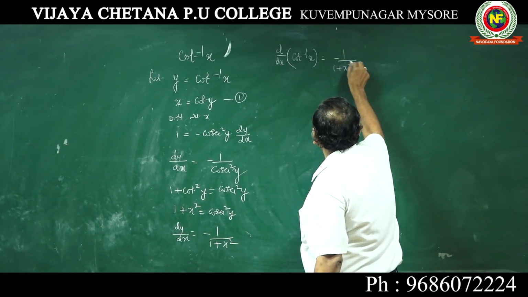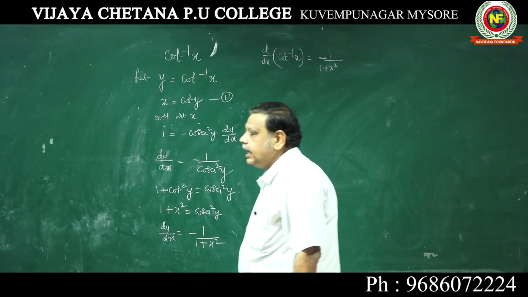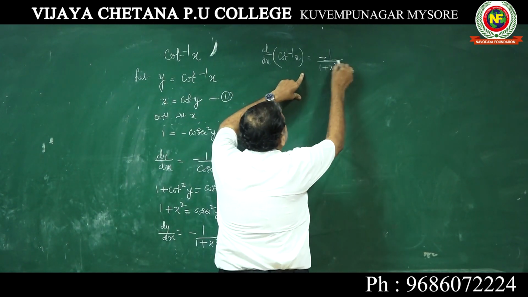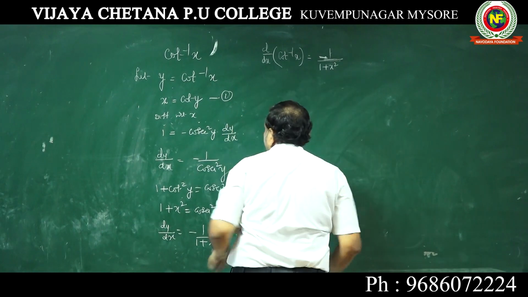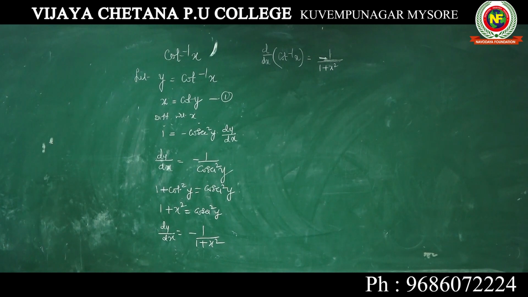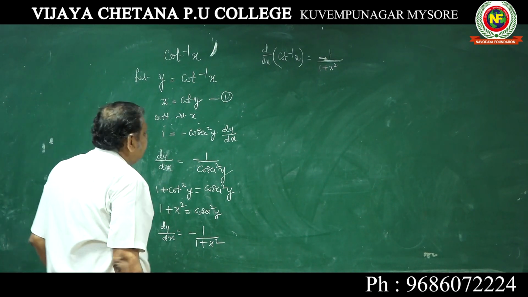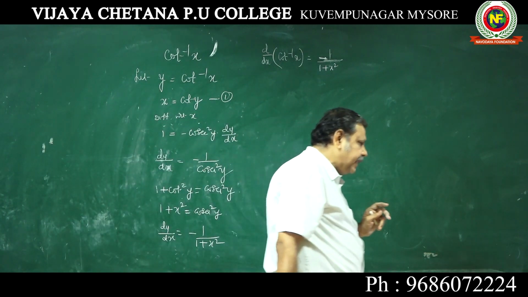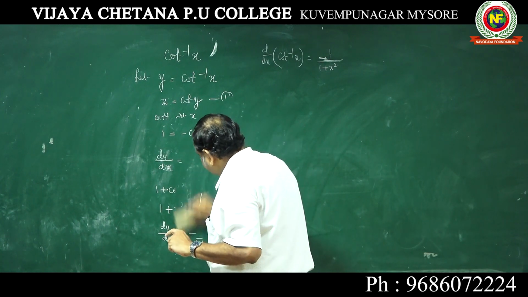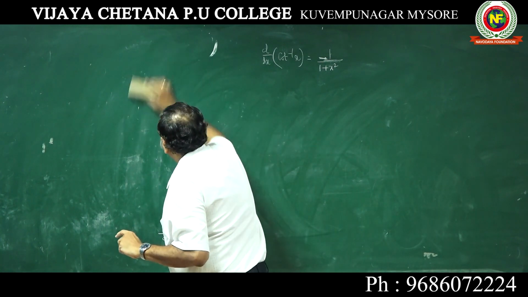Very important. What is the difference between this and tan inverse x? Tan inverse x is simply 1 over 1 plus x square, but cot inverse x is minus 1 over 1 plus x square. That is cot inverse x. All these 6 inverse trigonometric functions' differentiation, you have to memorize, and you should also know the derivations, how it has been derived. Now the last two are left out, secant inverse x and cosecant inverse x. We shall do it now.